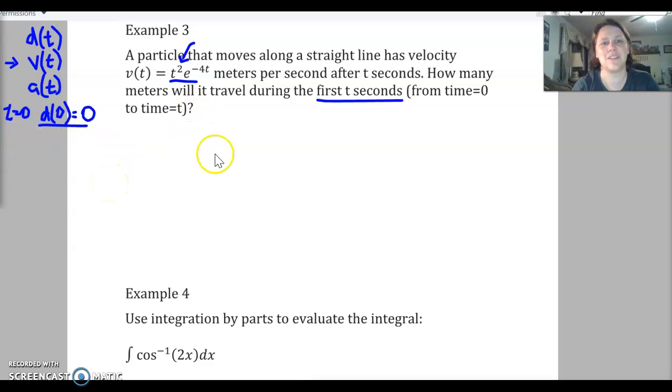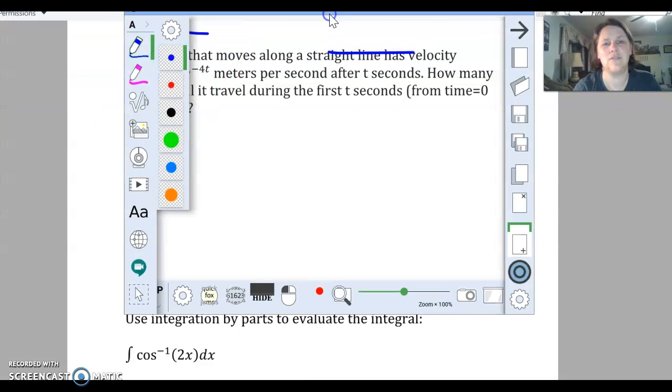I'm going to need lots of room for this, so I'm trying to figure out where to write stuff. I'll start off clear up here. So let's say u is equal to t squared, and dv is equal to e to the negative 4t. Now du is equal to 2t dt, and v is equal to negative 1/4 e to the negative